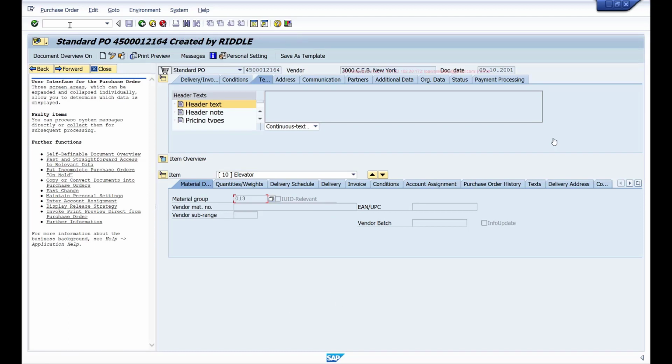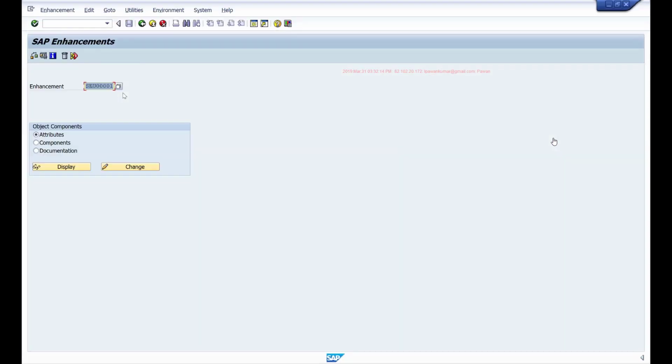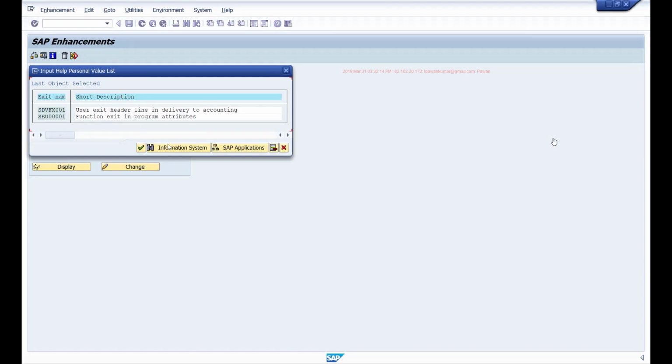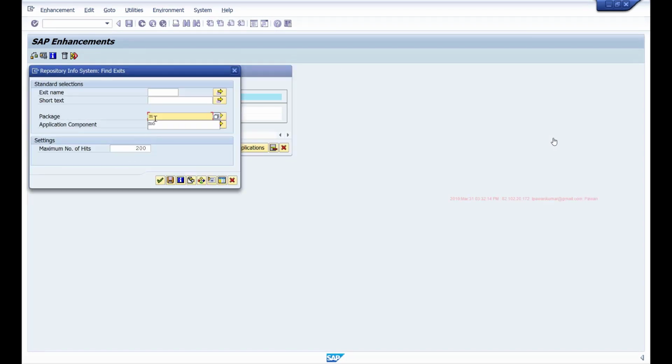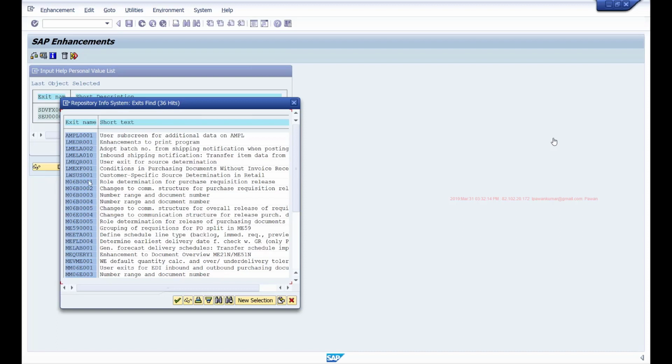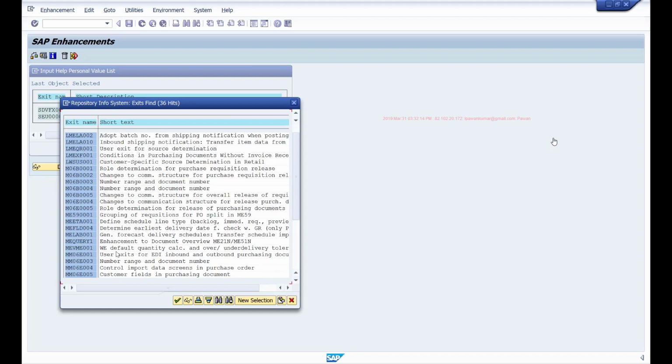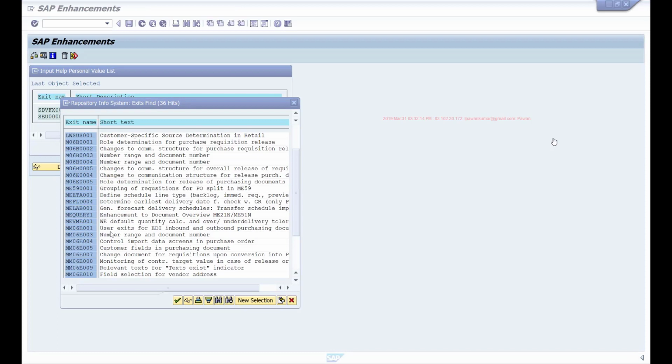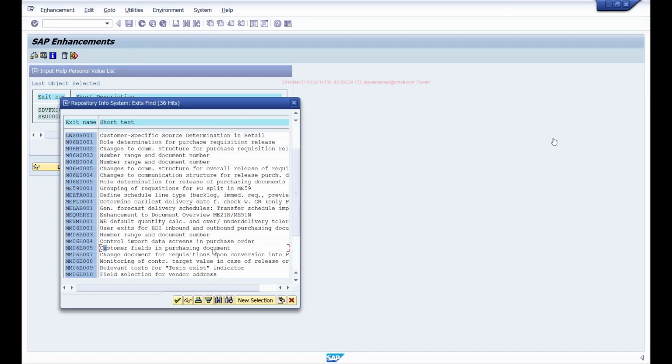So I'll go to SMOD, and here I'll say ME as the package. And if you see, there are different enhancements available, but if you closely look at these enhancements, it says customer fields in purchasing document. So if I look at this enhancement,